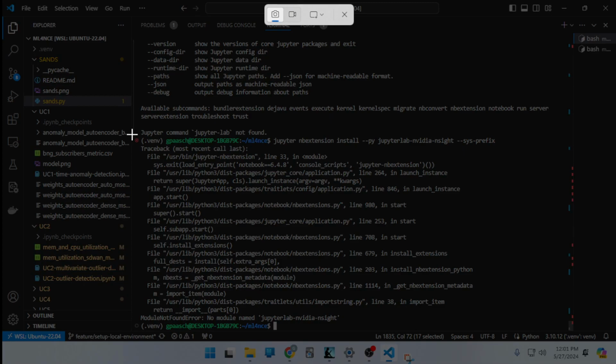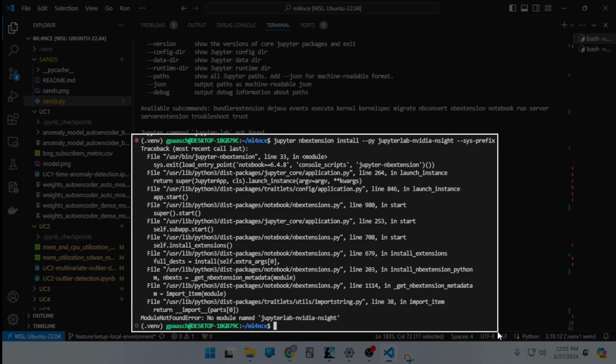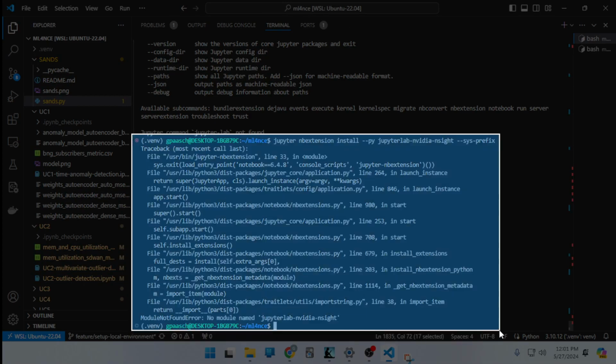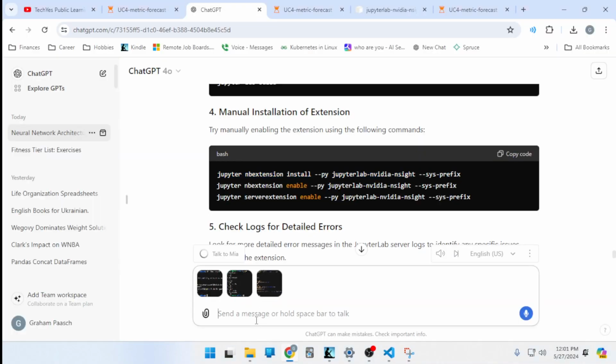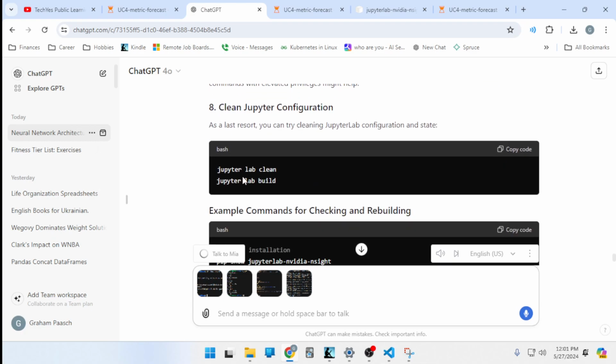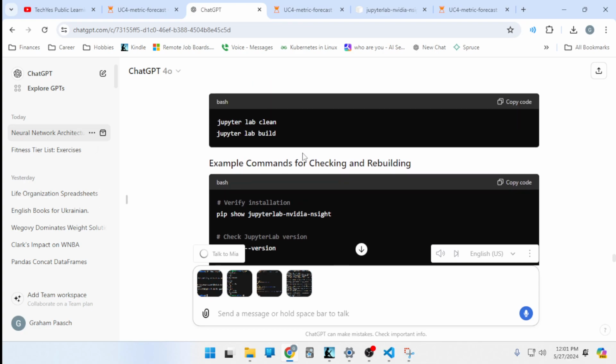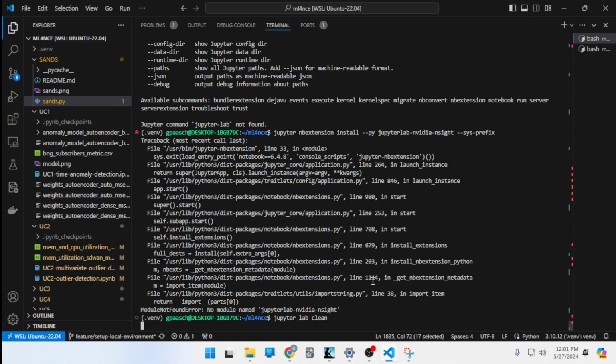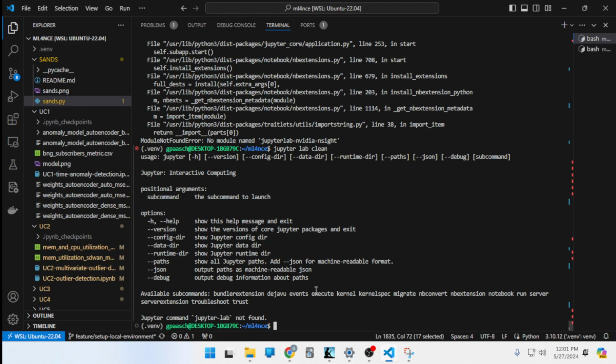Okay, yeah, not sure what's going on here. Now, there's no module found. I don't know if that means that I need to apt install rather than pip install. Okay, yeah, you know what? Let's do it. Why not? So, but the thing is,